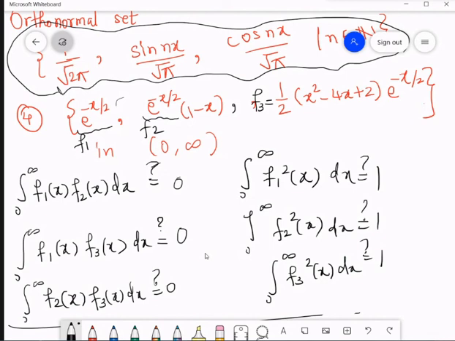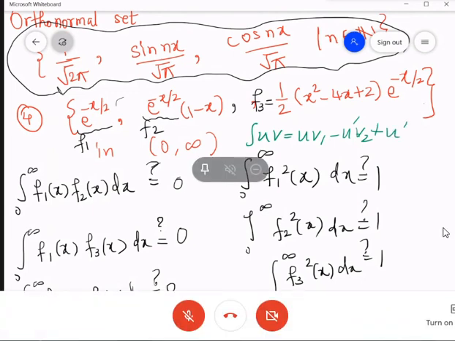So one of the functions I'll call u, the other one I'll call v. I'll keep on differentiating u and I'll keep on integrating v, finding the correct products, and then substituting the limits. You know the UV rule, right? I'll need the UV rule here. Integration of UV is UV1 minus U dash V2 plus U double dash V3 minus and so on. So this is what the formula is.